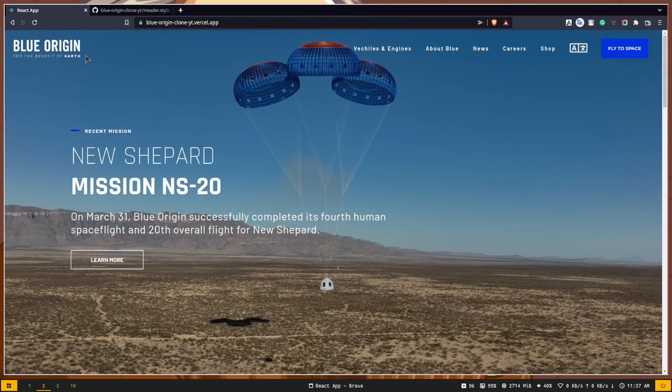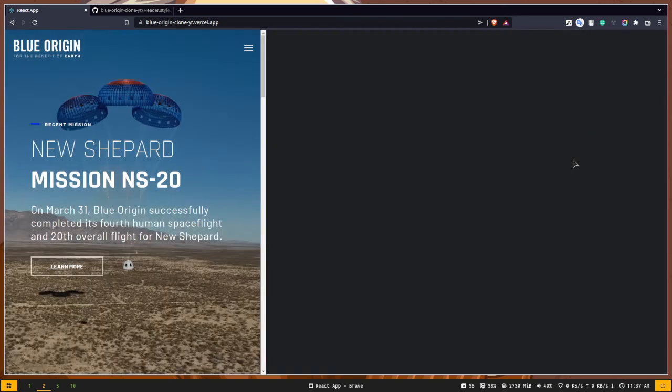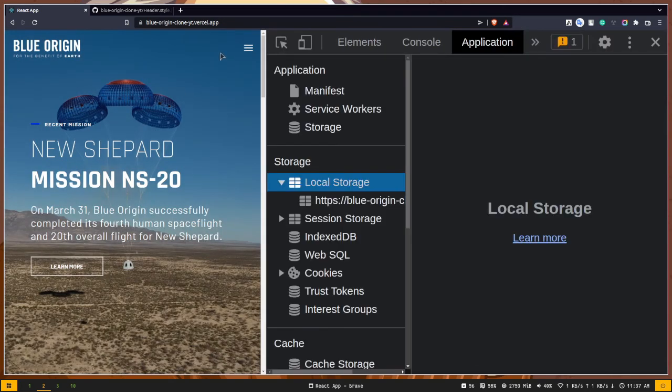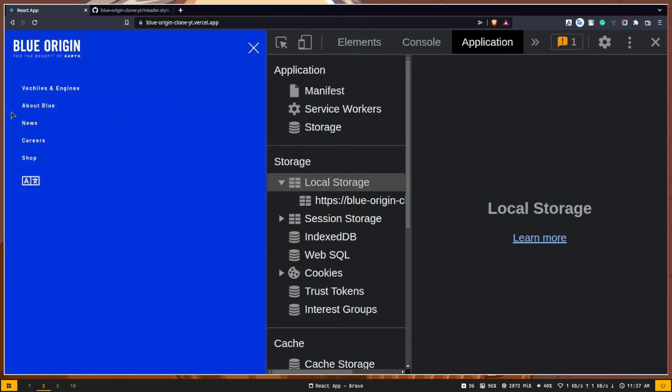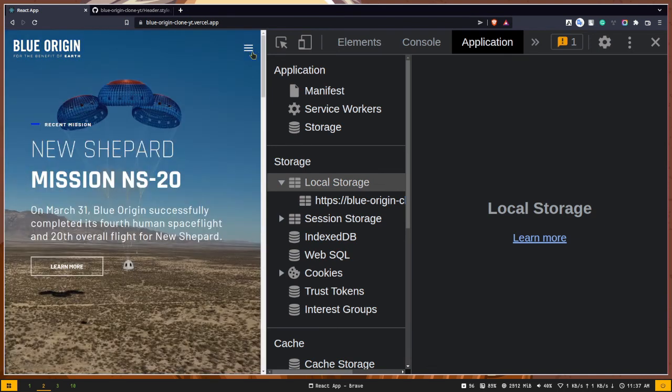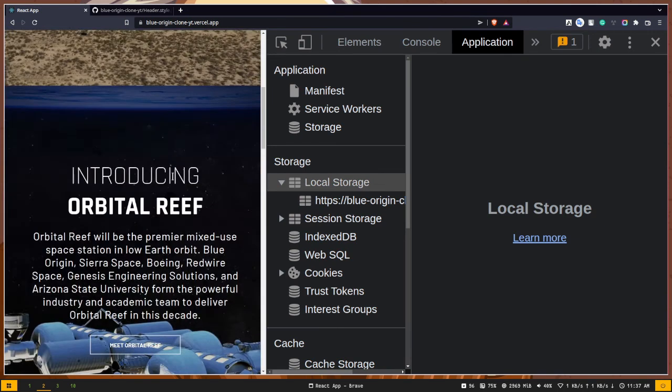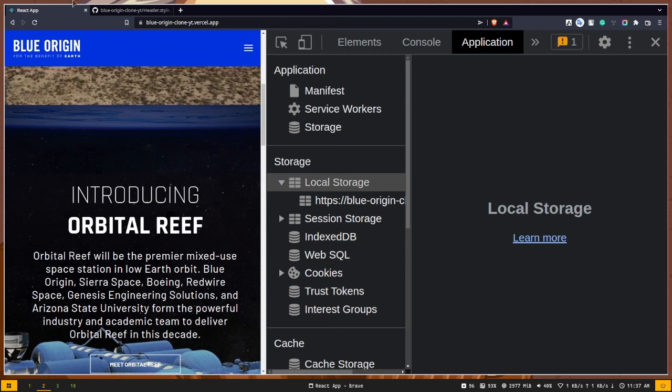We have this logo, then on the right hand side we have some navigation items, and if I open up the dev tool to go on small screen size, now you can see we don't have the navigation menus. And if I click on the hamburger icon, you can see we have this side navigation and we have the same links. And also I can close this,